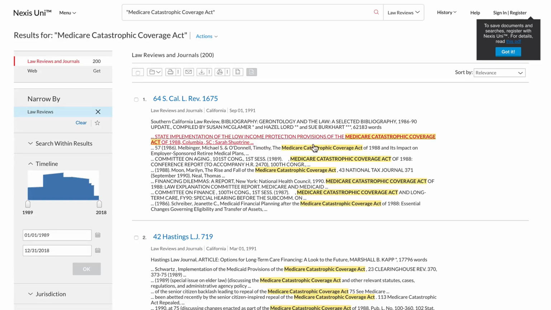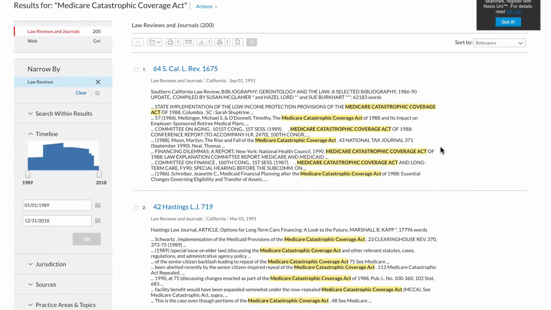This section in the middle, where we see the yellow highlights, is showing me examples from the text where what I searched appears. You do have to scan, read some of this information to try to make sense and see if the items are going to be useful. As I scan these results,